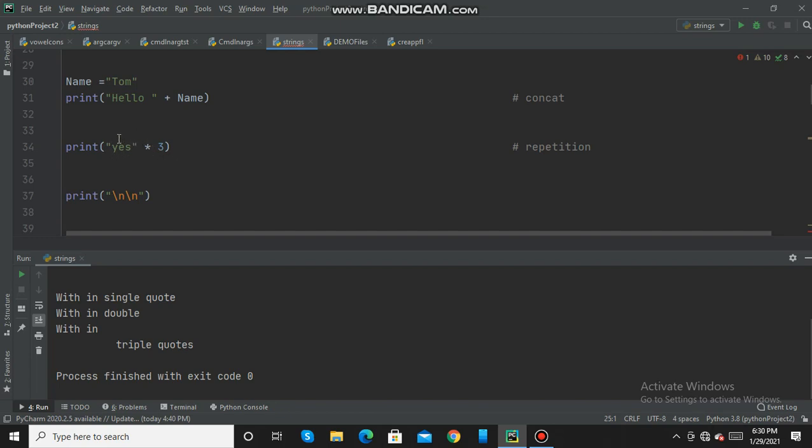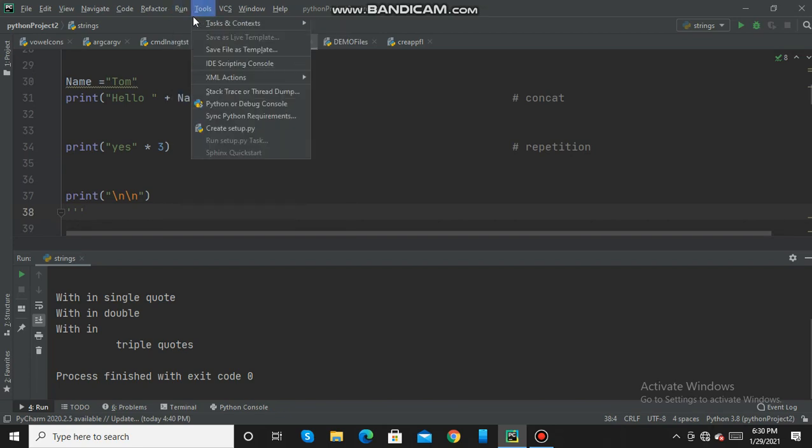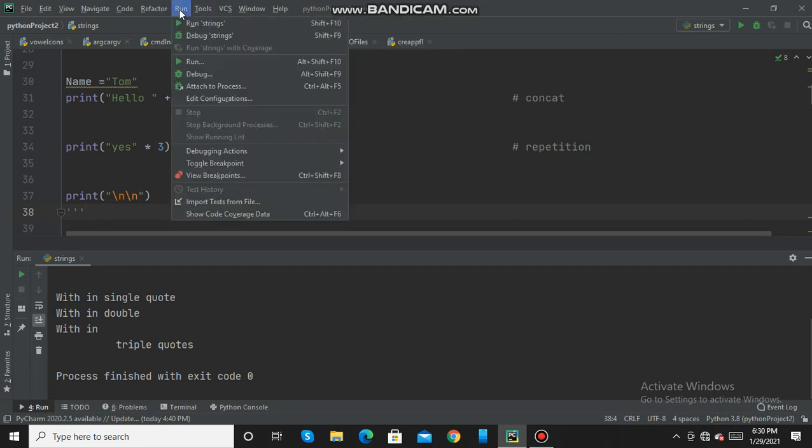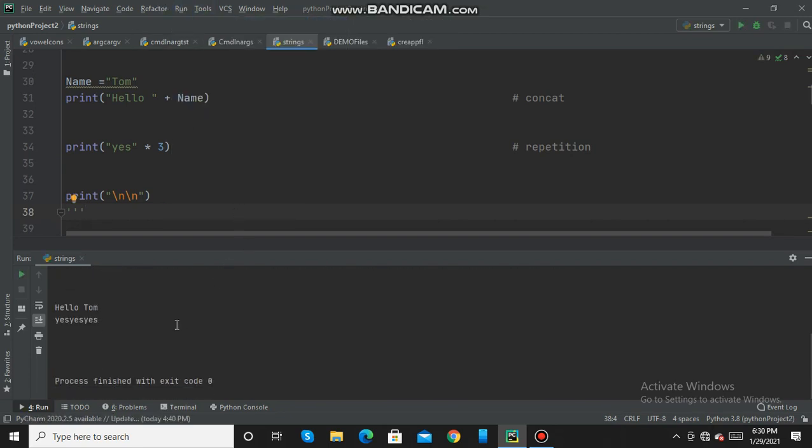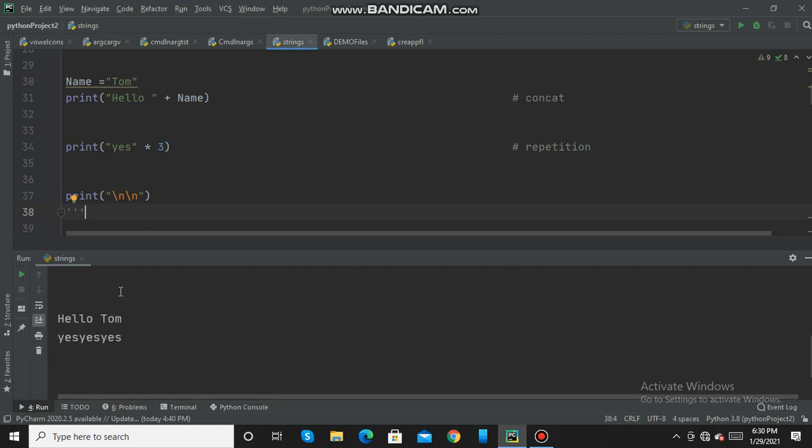I am repeating the string 3 times. So here it has concatenated both the strings, and here it is repeating the string S 3 times.